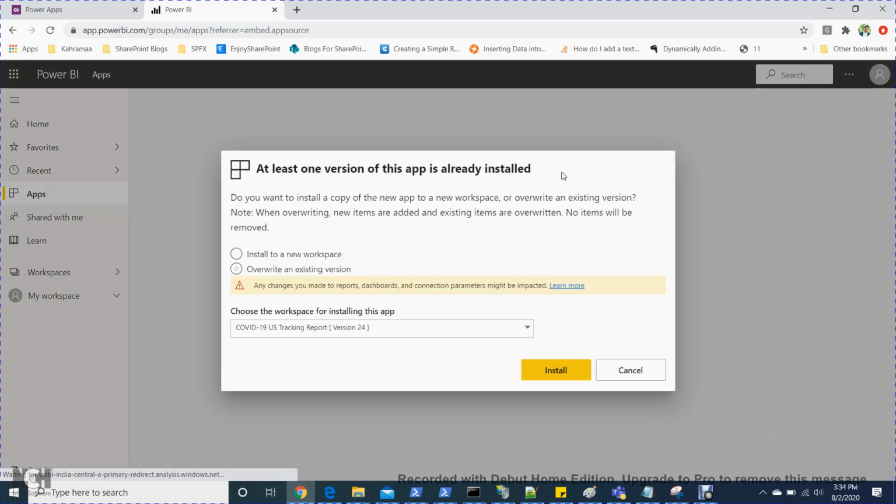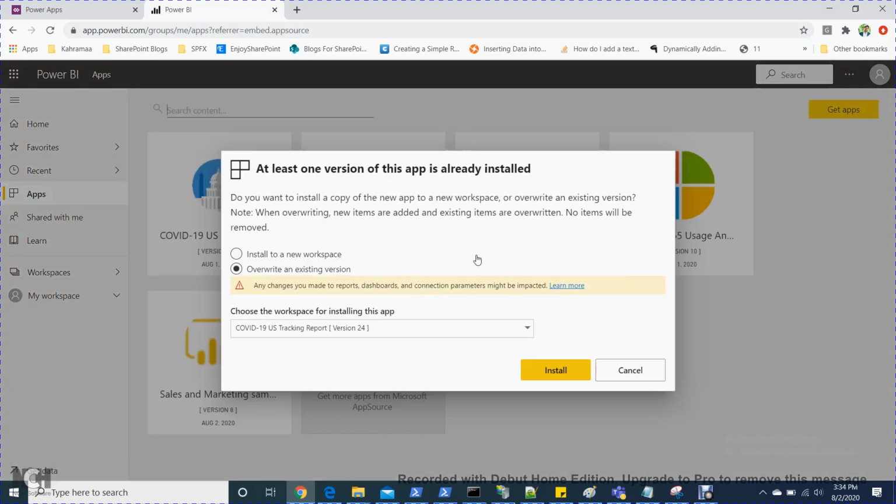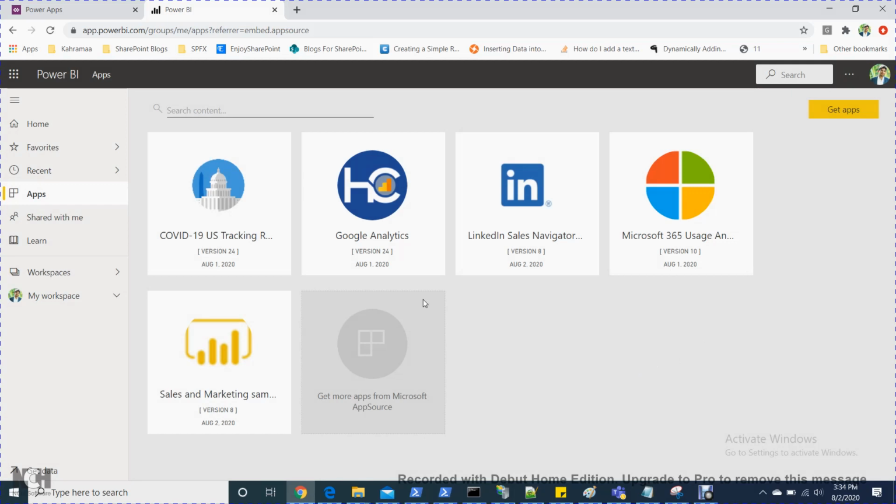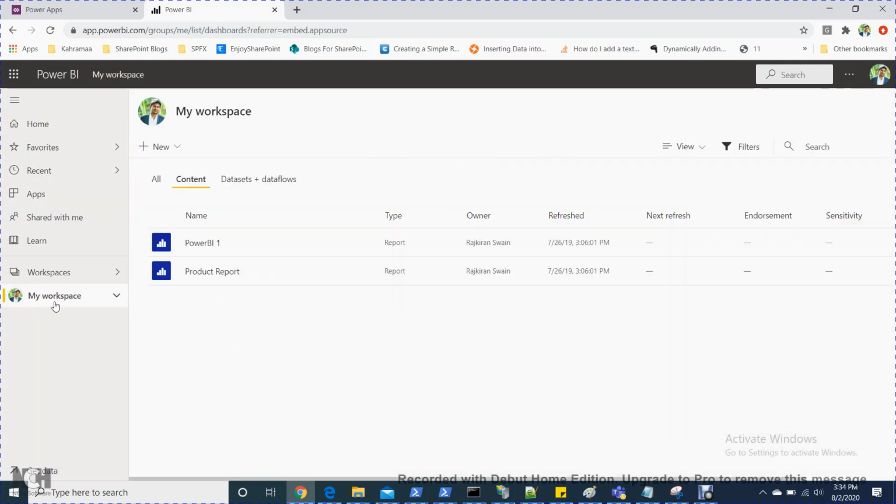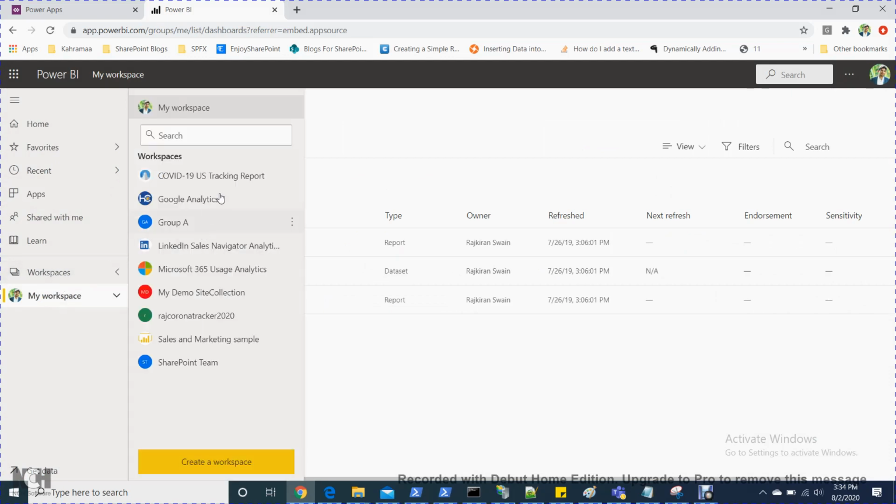As this is already installed, I am not going to install it again. It will override the existing version. If you have a new version, then you can install it. Once you have installed it, it will be visible in your workspace.